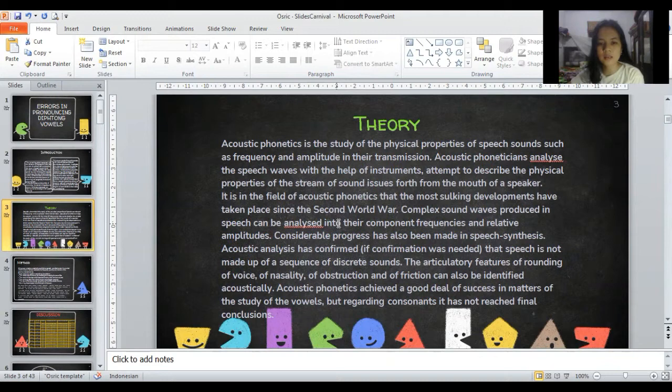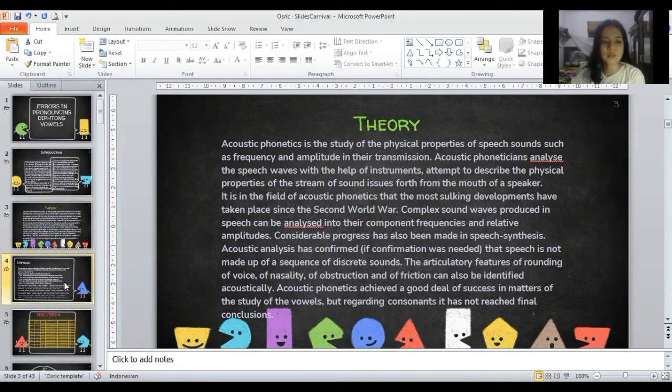Acoustic analysis has confirmed that speech is not made up of a sequence of discrete sounds. The articulatory features of rounding, of voice, of nasality, of aspiration, and of friction can also be identified acoustically. Acoustic phonetics has achieved a good deal of success in the study of the vowel, but regarding consonants, it has not reached a final conclusion.